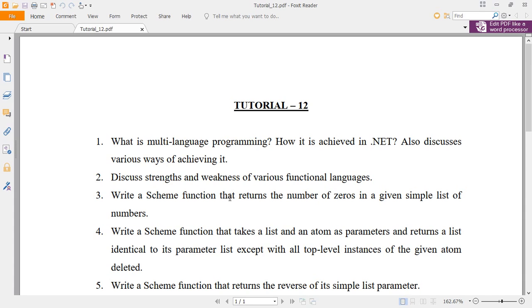In these aspects you can use multiple programming languages to build one application. So as a programmer and computer science engineering student, you must be aware of